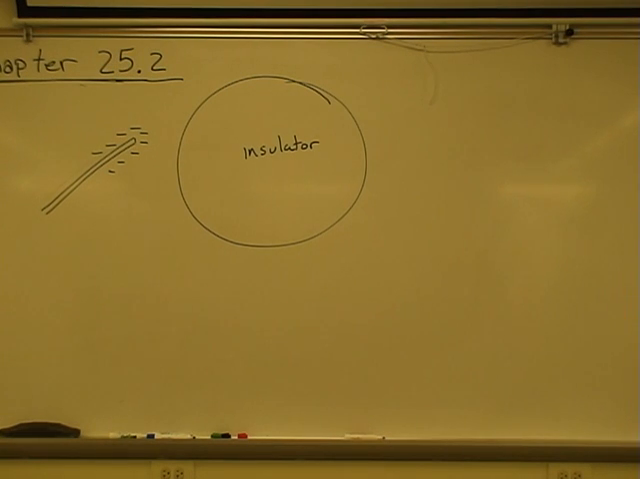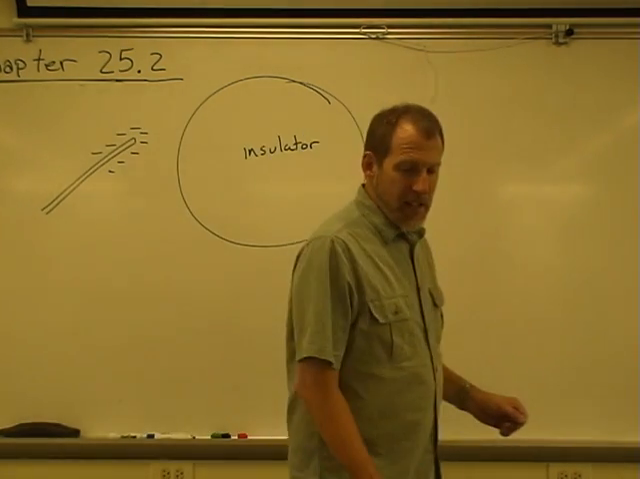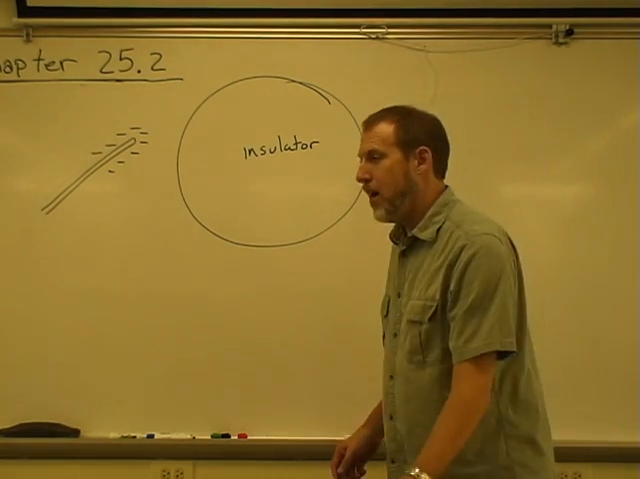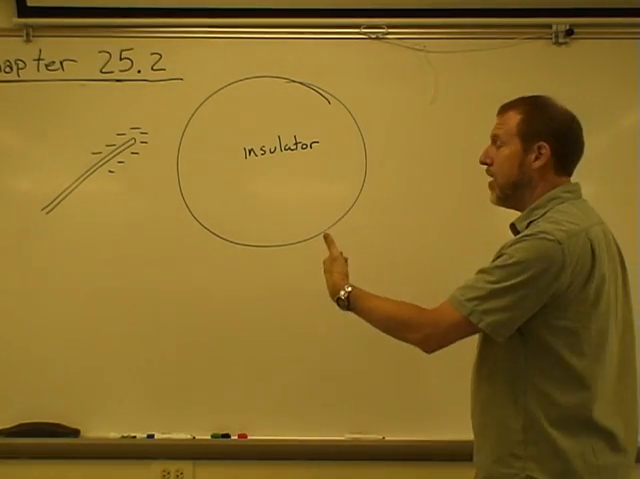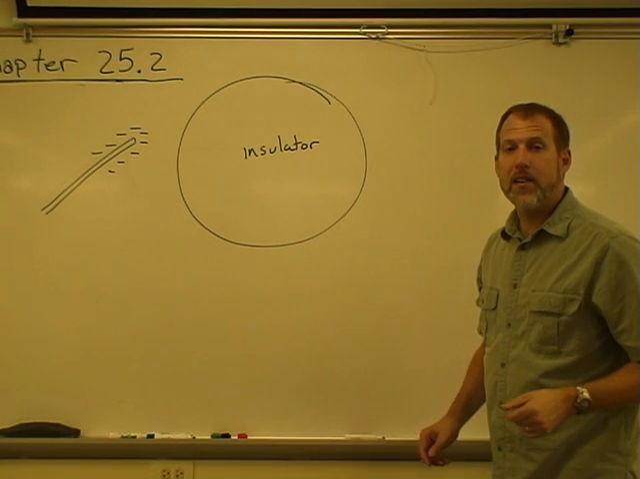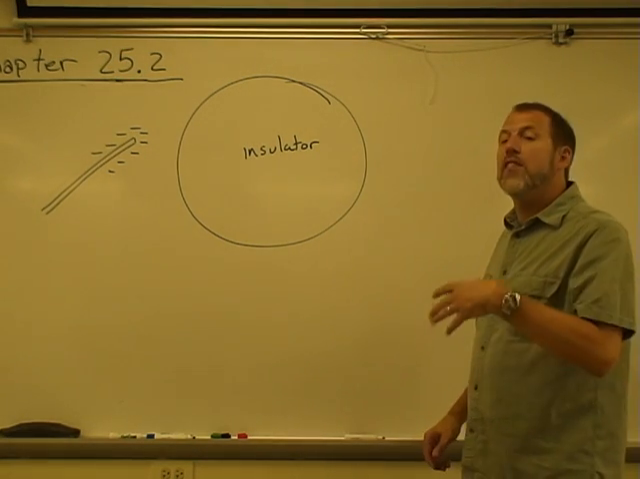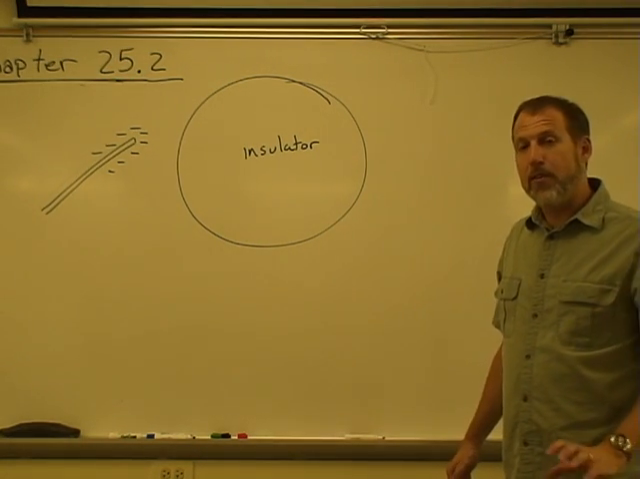Now, suppose I bring that charged object. We've looked at how that would influence a conductor. Suppose I bring that close to an insulator. Well, on an insulator, the charge isn't free to move. So therefore,